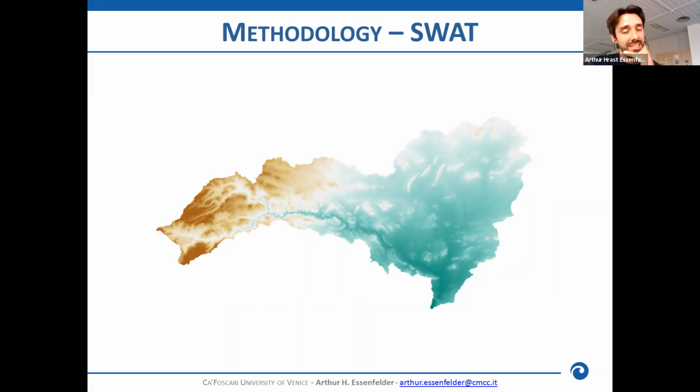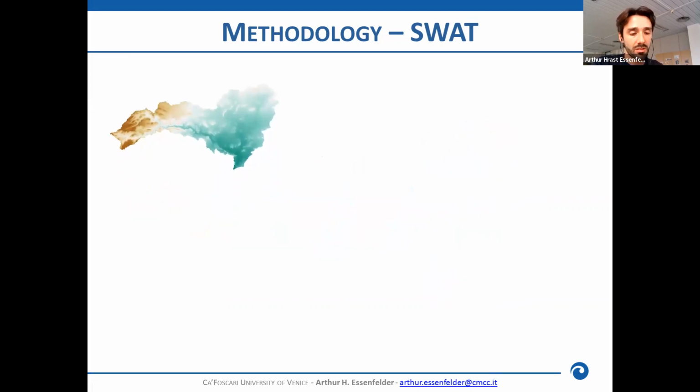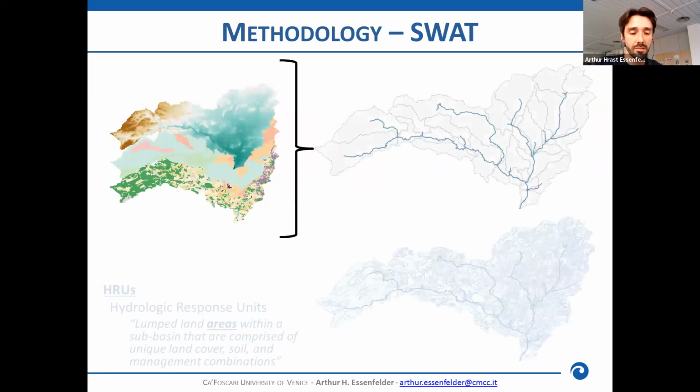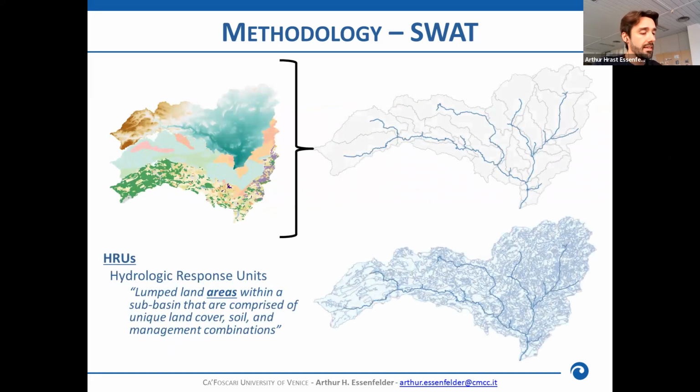Just to give a practical example of how we did that using the SWAT, the Soil and Water Assessment Tool, for an application that we did in Spain. Basically, how SWAT in a standard way works, it considers first the topography of the area. It considers also, for instance, the different soil types that you have and the different land cover that might be located in that particular watershed. It does this kind of spatial overlapping and spatial analysis of the information that the user is providing, and allows to compute first the definition of the sub-basins in the case study area.